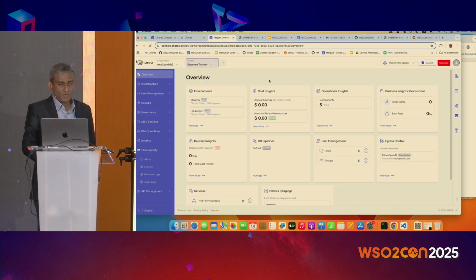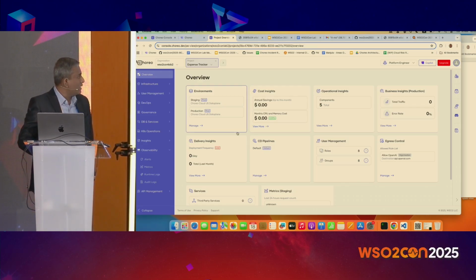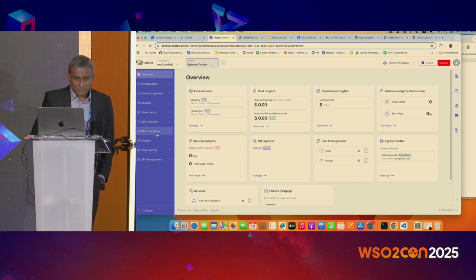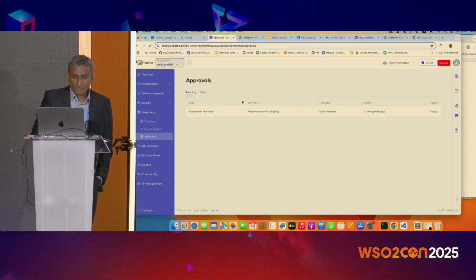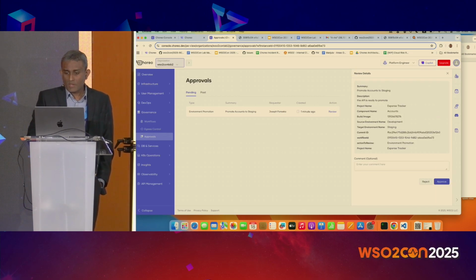Thanks, Joe. Okay, so we are back in the platform engineering perspective, and let's see whether I have any workflow approval requests. Yes, there's one, that's what Joe just shared. So let me review it, and then I can approve it. So once I approve it, then basically